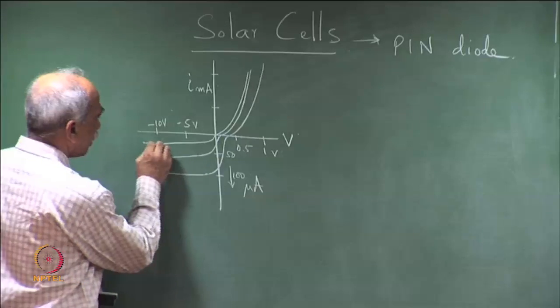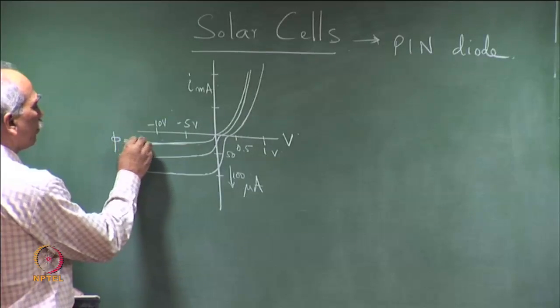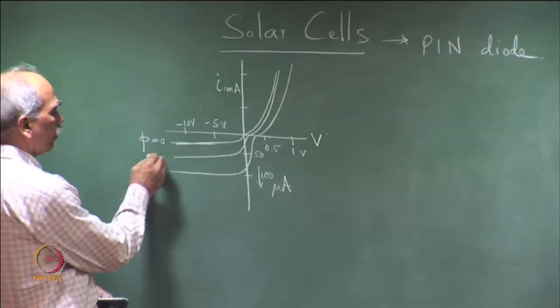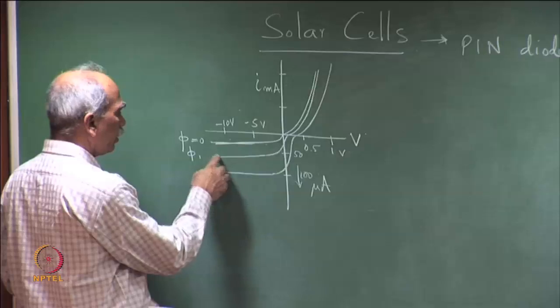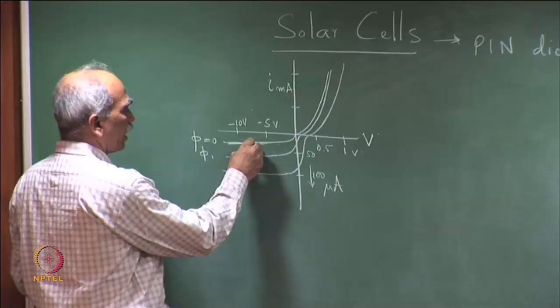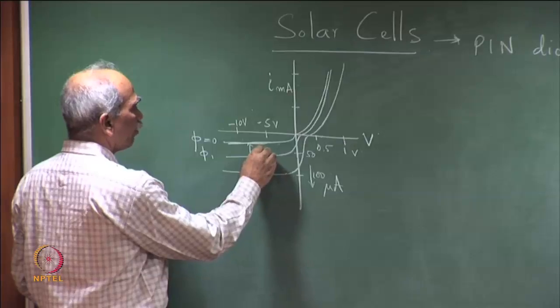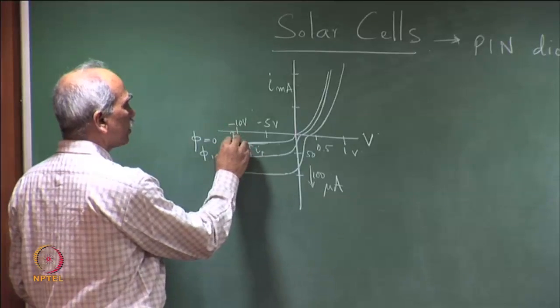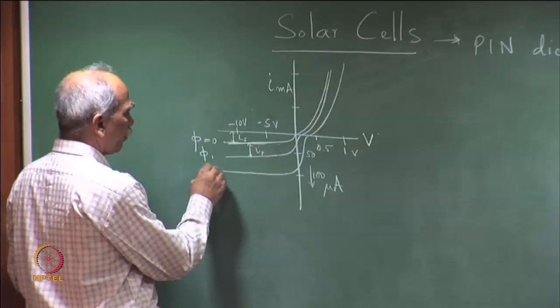So, this is I_S, the saturation current when there is no incident photon flux, phi equal to 0, and this is for an incident photon flux phi 1, and because of that there is a finite photocurrent I_p here. So, this is I_p and this is the saturation current I_S,